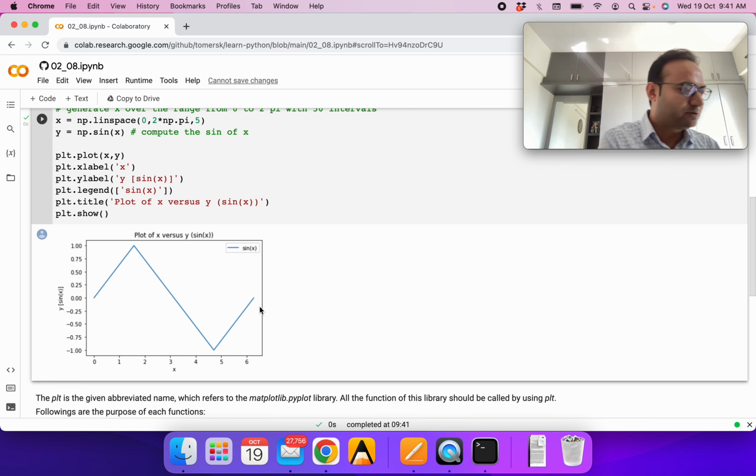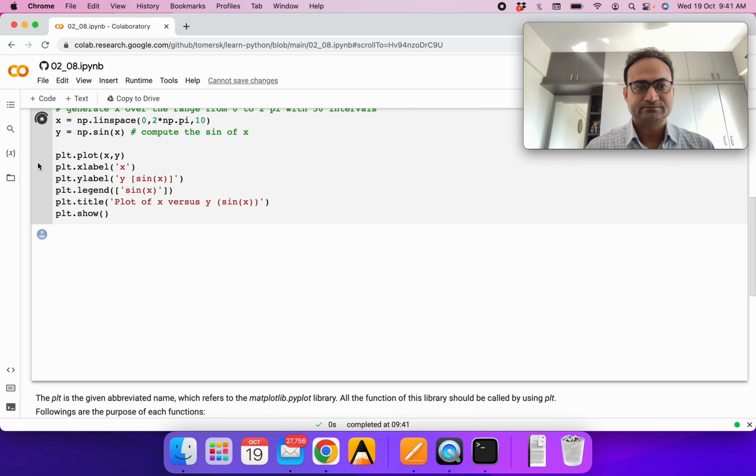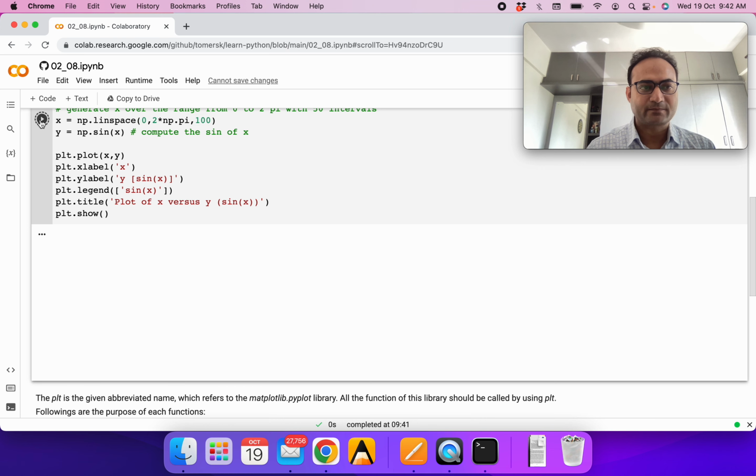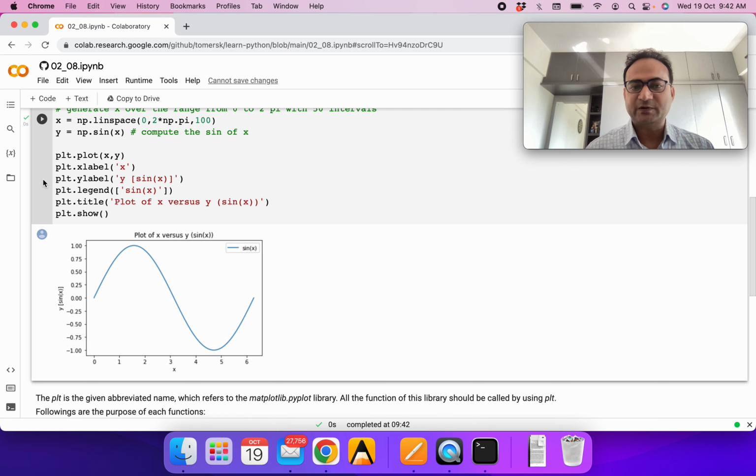So it does not look like a sine plot. As we increase more, let's say we try with 10, it looks a little better. You can try 20, 30, 40, let's say we try 100, so it looks like a perfect sine.